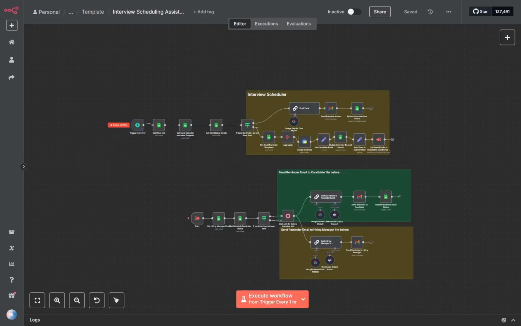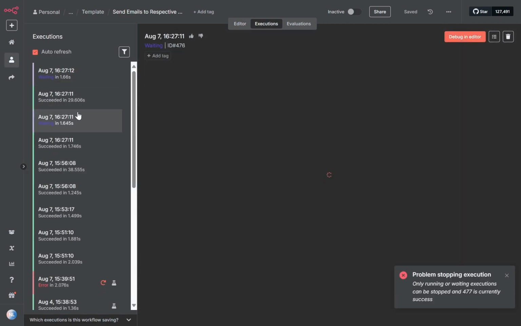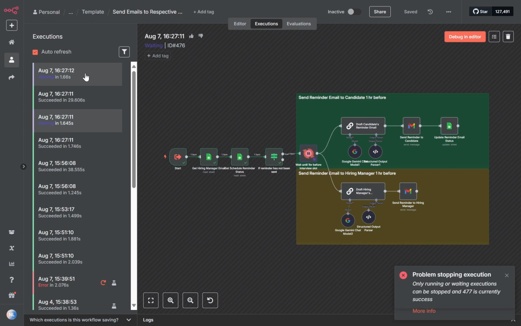I'm going to test the workflow again. Okay, the workflow is done running. So now in the sub workflow, I go to execution. So we can see that we have two sub workflows here waiting. So basically they're running at the same time, two candidates, since we have two candidates booked at the different time